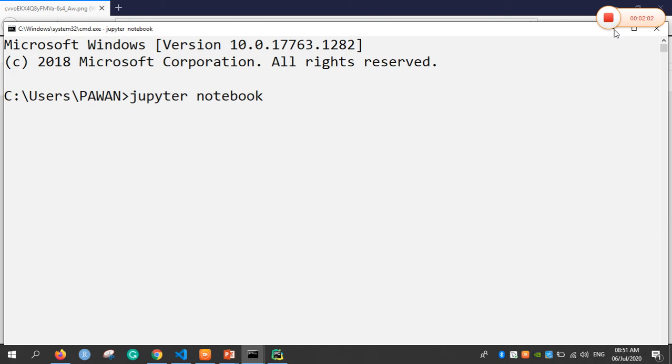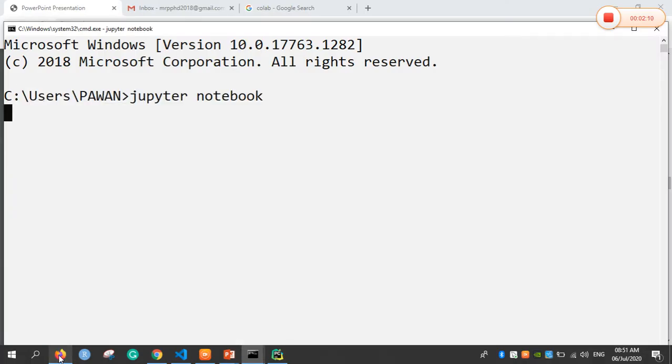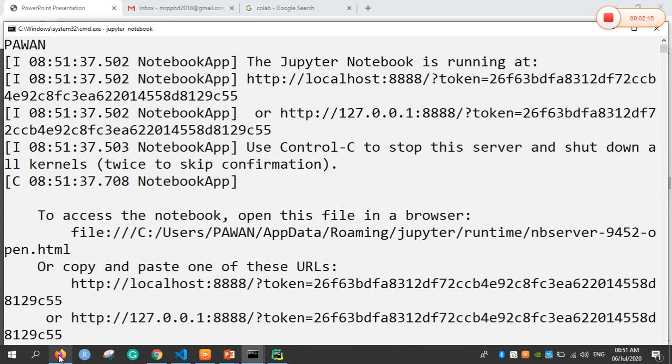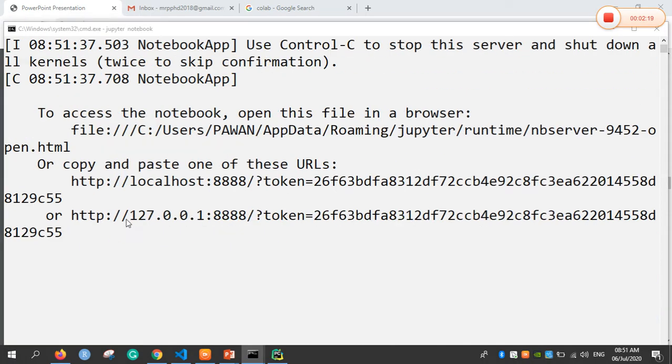This is one way of running Python programs in Jupyter Notebook. You can see that the Jupyter Notebook has opened.